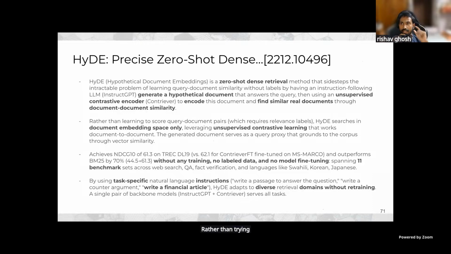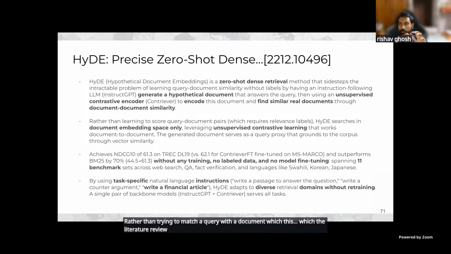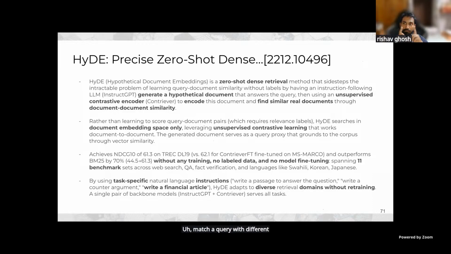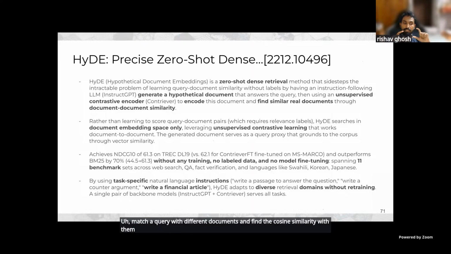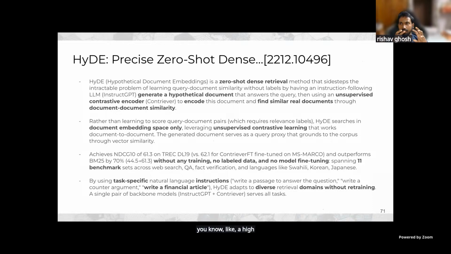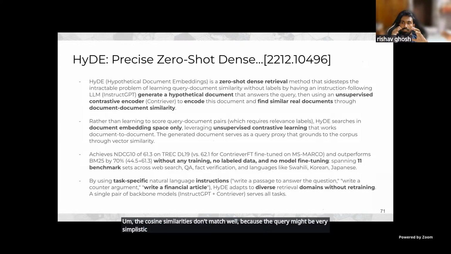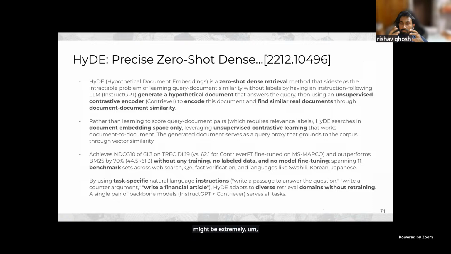Rather than trying to match a query with a document, which the literature review of this paper found does not work well: when you match a query with different documents and find the cosine similarity, if that query belongs to a highly technical domain for which the models have not been trained, the cosine similarities don't match well, because the query might be very simplistic and the database provided by that company might be extremely heavy with technical jargon.